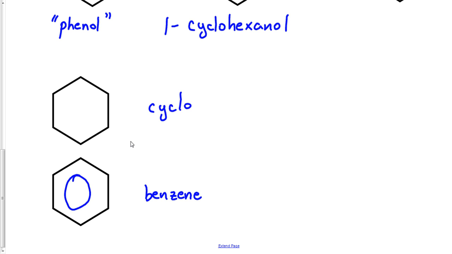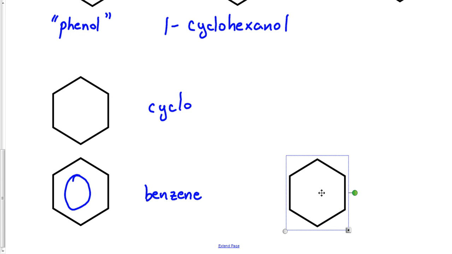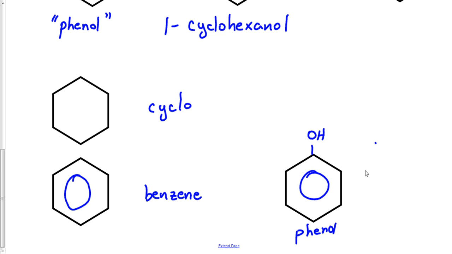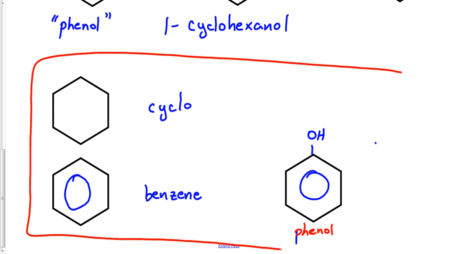And then you should also have, after watching this video, if you see benzene with an OH, that's called a phenol. And really, that's kind of ugly what I just did, so phenol. So at the conclusion of this video, you should be able to identify and name these structures. But anyway, as always,